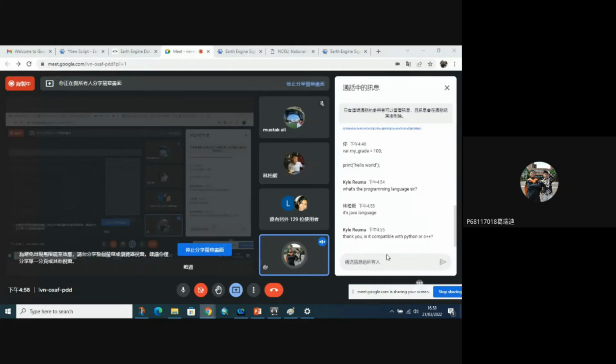I already read some researchers who use GEE combined with Python. They call the GEE platform to call all the data and use Python to process the data. And for C++, I'm not sure about that. Maybe I will recheck it first before I answer it.